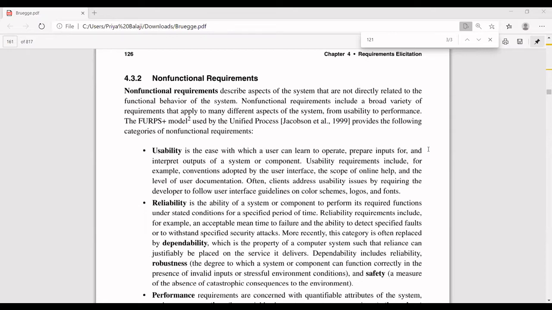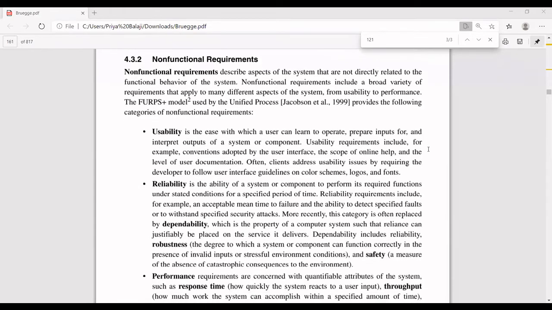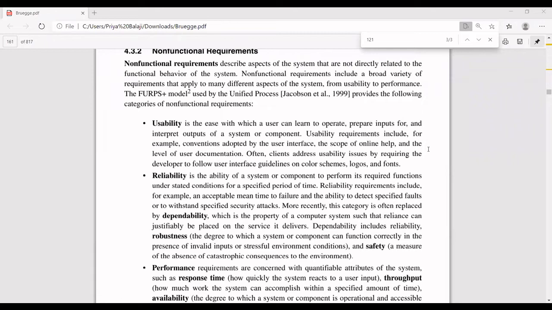So what are the categories of non-functional requirements? The first one is usability. What is usability? If I have a watch, how easy is it for me to operate? What type of input is the client going to use? What issues are they going to get? What color should the light be? How should the visibility be? How attractive is it to the user? What type of font are they going to use? All such things come under usability requirements.